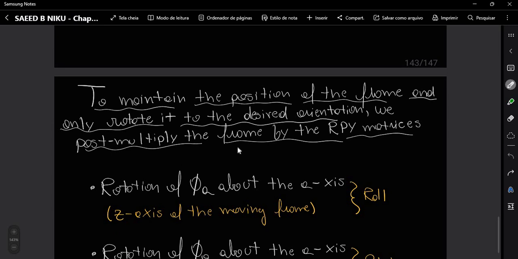Right here, to maintain the position of the frame and only rotate it to the desired orientation, we post multiply by the frame. We post multiply the frame by the RPY matrices. Okay, so